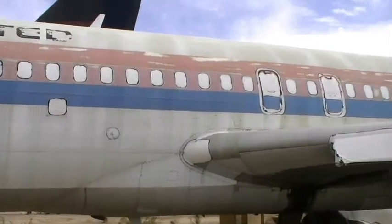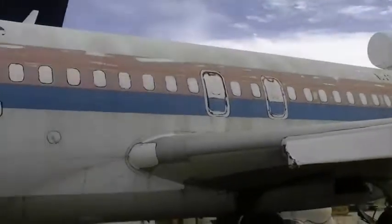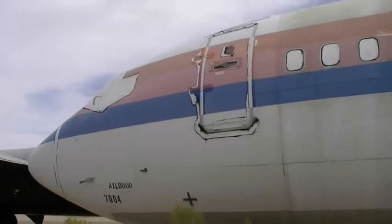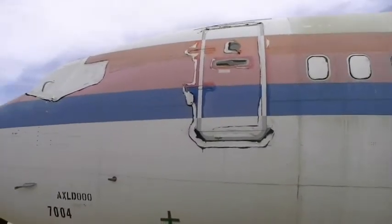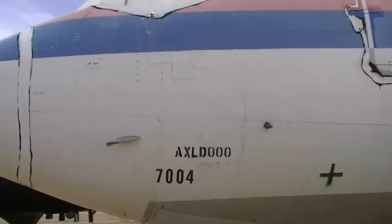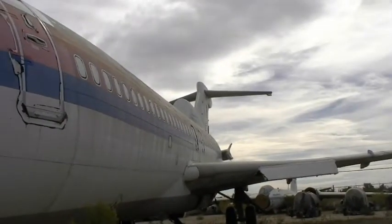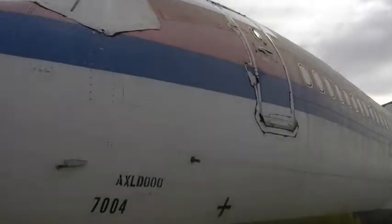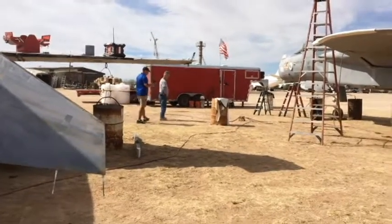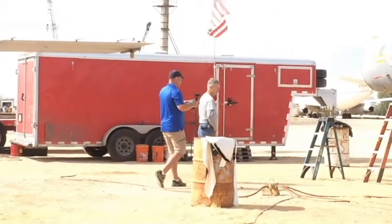Yeah, this is, I believe, the 5th one built. And this is the first 727 that carried the first commercial one to actually carry passengers. Yeah, on a paying flight. So you have a lot of these doors for some sort of army storage. Here on the nose. That's a very common thing. First Iraq War was credited with shooting down a